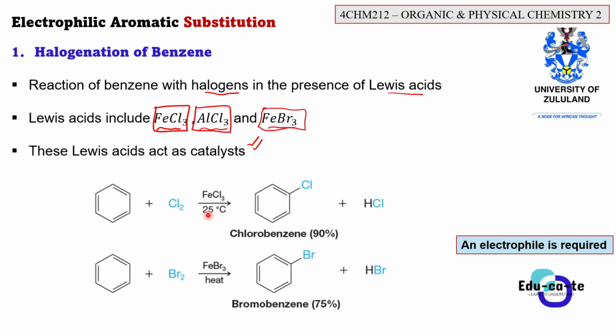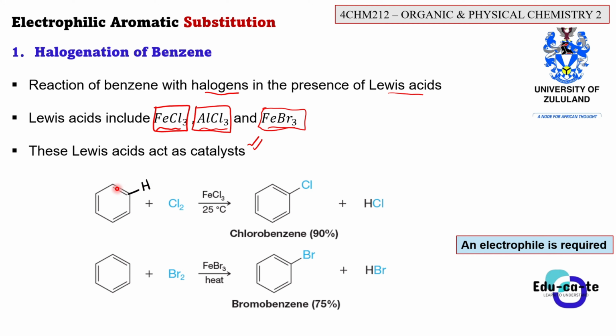What actually happens during the electrophilic aromatic substitution here, this benzene ring will now have a Cl on top of it, and then there will be a hydrogen chloride. And where is this hydrogen coming from? Let me just show you here. If I just want to draw a better diagram, basically this benzene ring has got a hydrogen here. You must know that benzene has got 6 hydrogens around it, so this is one of the hydrogens here.